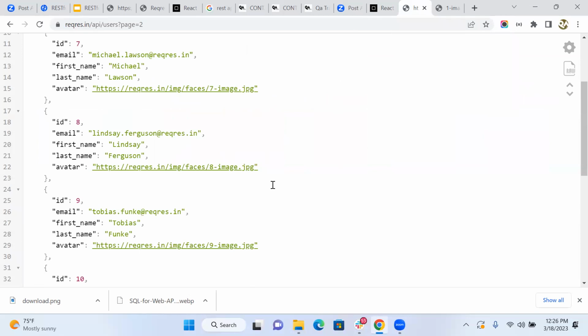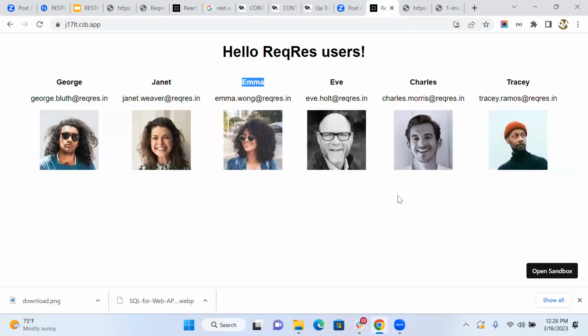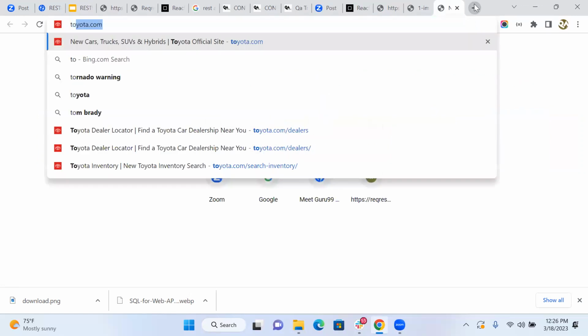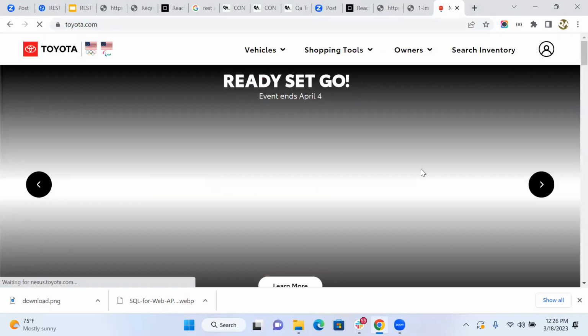You see, it's very simple to understand what are the APIs involved on this page. But it is not necessary that one web page of an application only has one API. There could be some other data here that is coming from another API. So in your whole project, there could be 5 or 6 APIs involved. Like if you go to toyota.com,